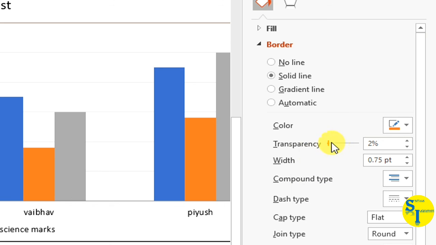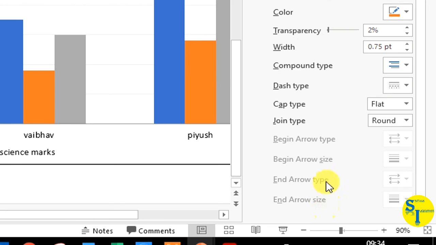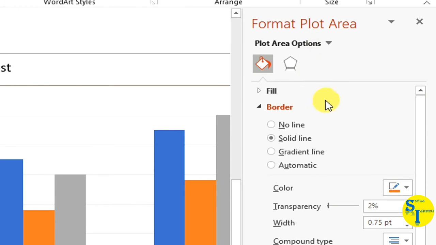Its transparency, you can change width, and type. So in this you can change the border.